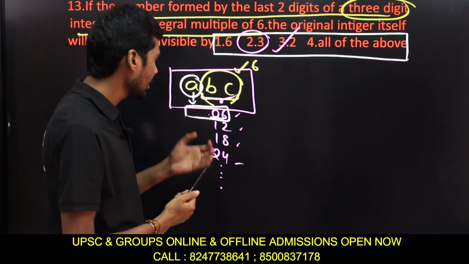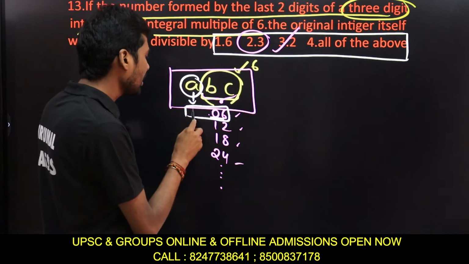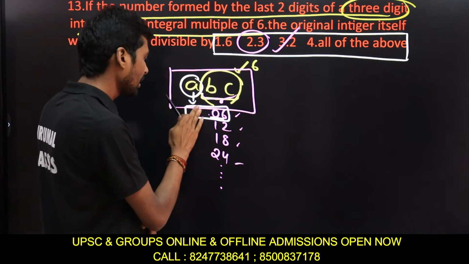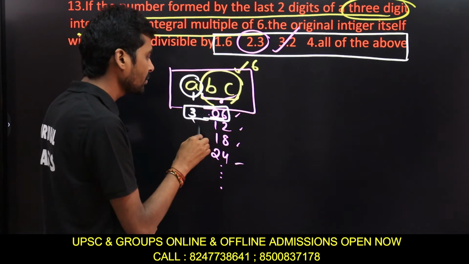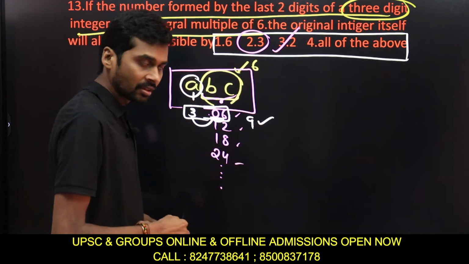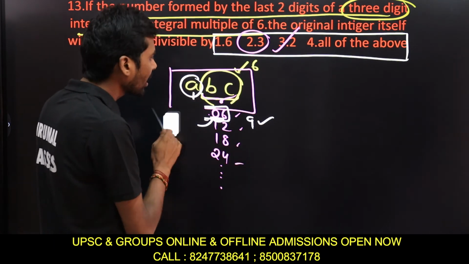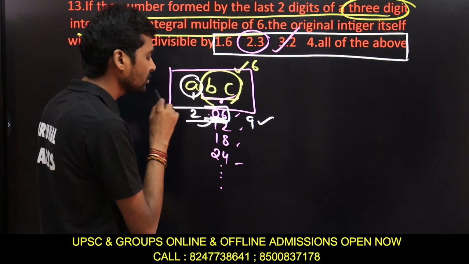Integral multiple means that a can assume any value. A can be 1, 2, 3, 4. Suppose I take 3, then 3 plus 0 plus 6, the sum of the digits, is 9, and 9 is divisible by 3. But if I take 2 instead of a, then 6 plus 0 plus 2 is